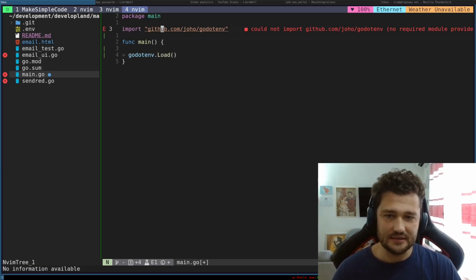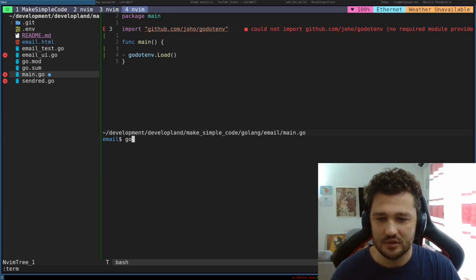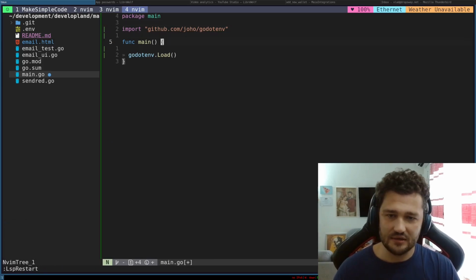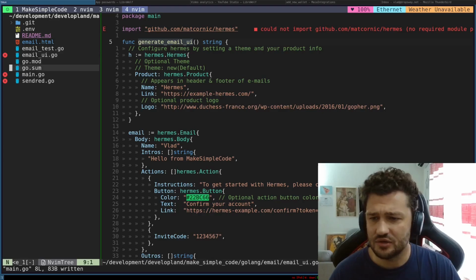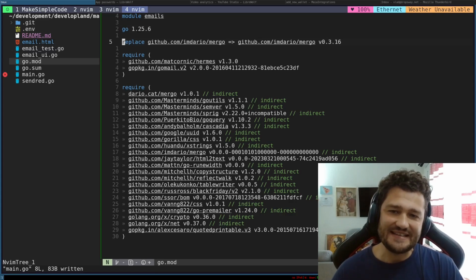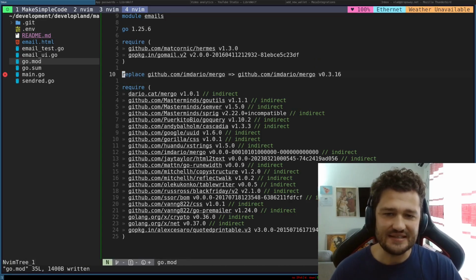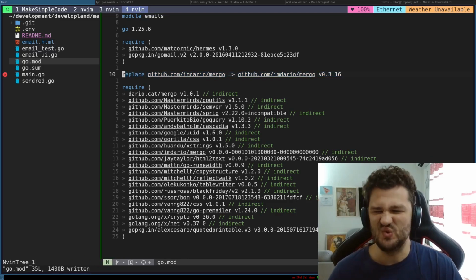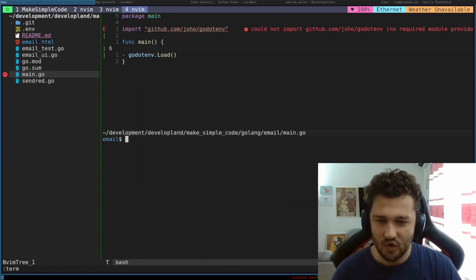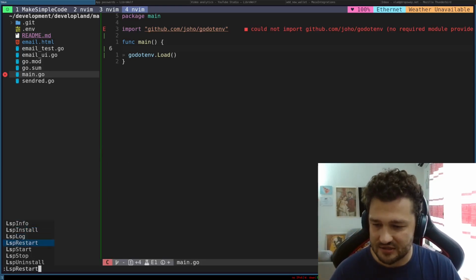Now, obviously, it's going to complain because I don't have it in my project. So go mod tidy, done. Yeah, LSP, please restart. Okay, good. Because I have some issues here. Maybe I do know. Yes. When you add this replace, be sure to add it a bit lower in the file, because this replace thingy creates a lot of issues for all the mod stuff in Golang. And now, if I run this again, it found it, and if I just restart the LSP,